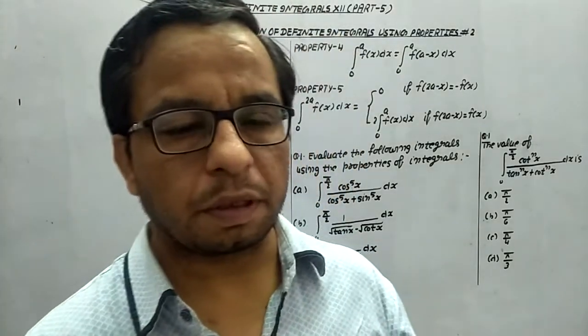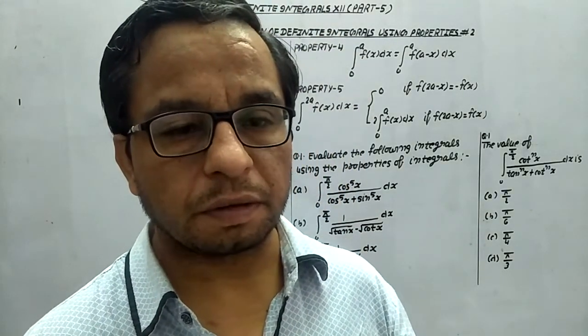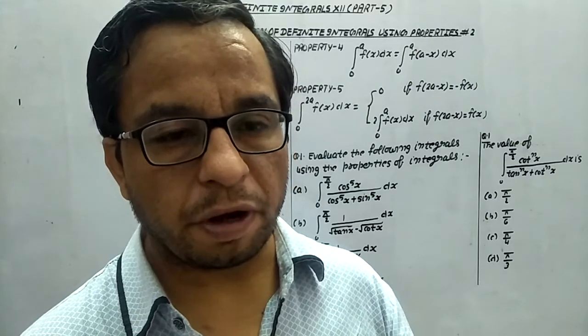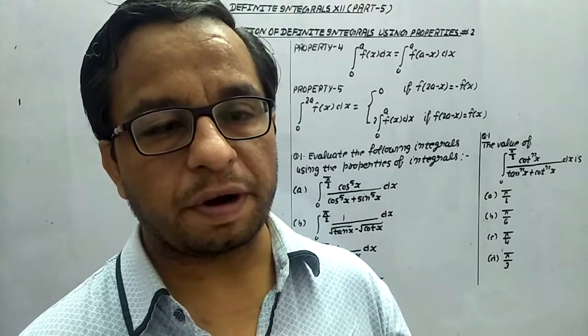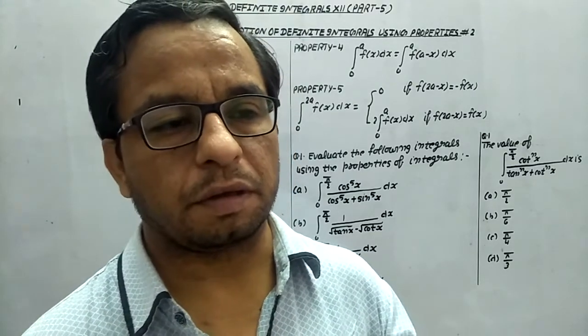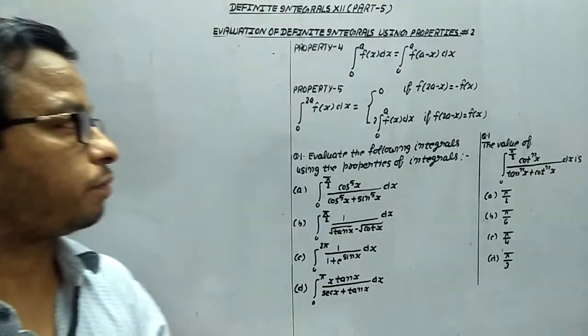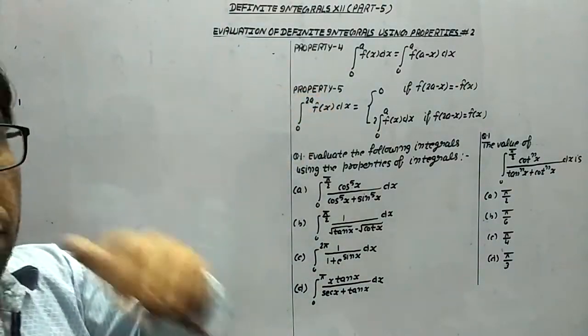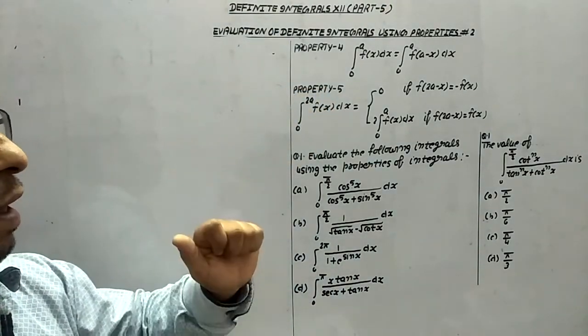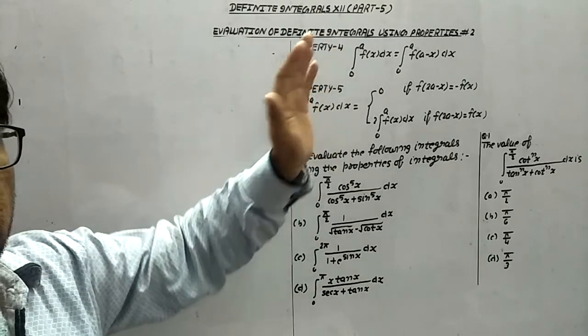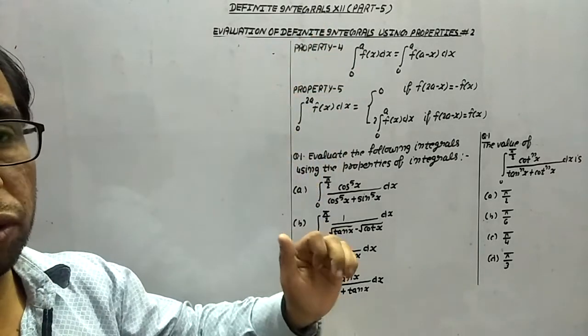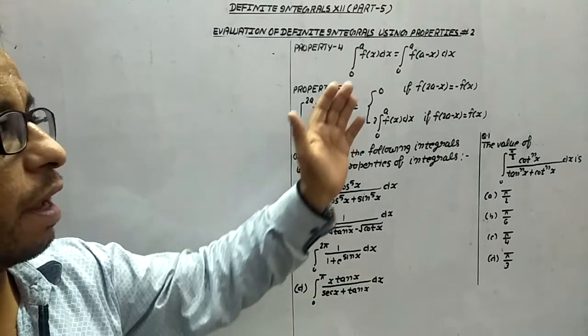Hello everyone. In this part 5 of definite integrals, we will understand evaluation of definite integrals using properties. So let's start with property number 4. In this property, we have integration 0 to a f(x) dx is equal to integration 0 to a f(a